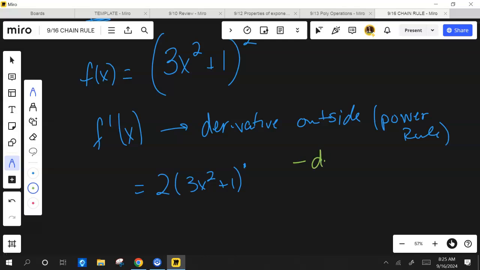I have to take the derivative of the inside. And what I'm going to do is keep working my way in until I've taken the derivative of every layer of function in there. So here, times, and then I take the derivative of what's inside. So what's the derivative of what's inside here? 6x. So the derivative of f of x here,